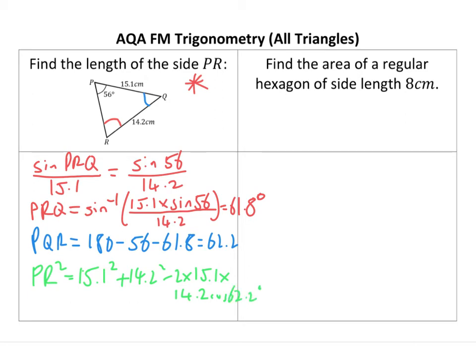And that gives me 229.6. Got to remember to square root it, so I get PR equals 15.2